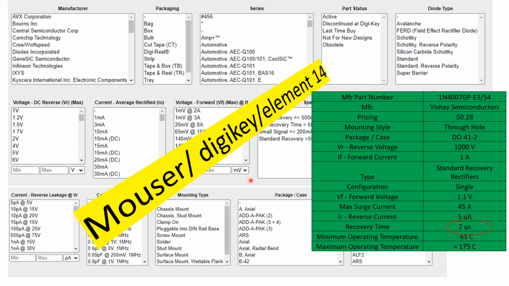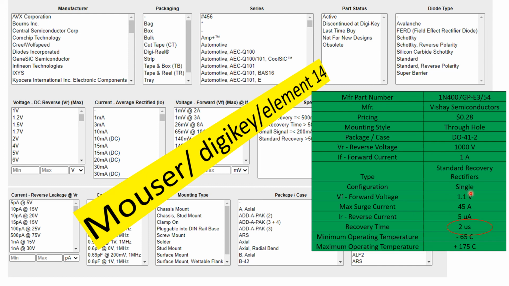Next, because now is completely the internet era, if you want to purchase the diode directly on your own, you can go to Mouser, DigiKey, Element14, RS Components. Many online portals are available where you can select, but make sure your requirements are very clear. Let's consider these requirements. We can select manufacturer, packaging, series, part status, diode, reverse voltage. If you select these, you will get some output, and you can choose depending on your budget, size and all the other things for your application.